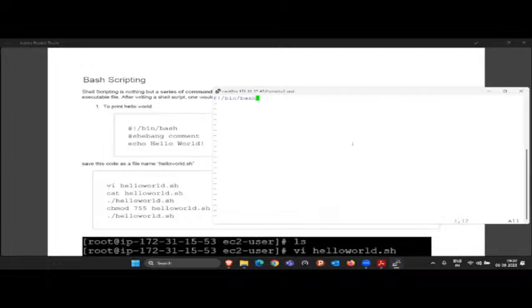Now, once you have written this line, this is what we call the shebang command. Once you write it like this, only then will this file be treated as a bash script. Now after this, whatever commands you want to run here,